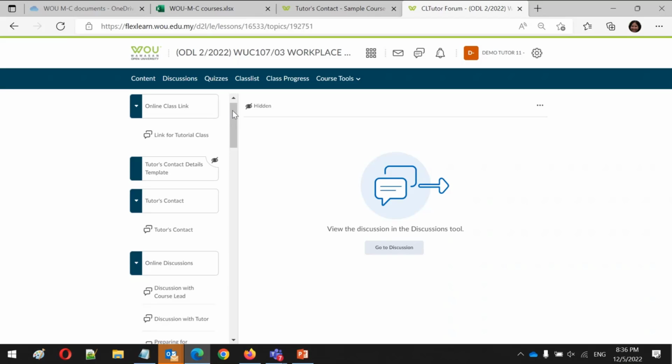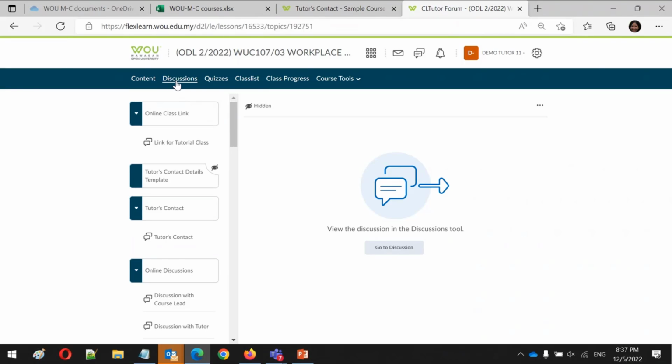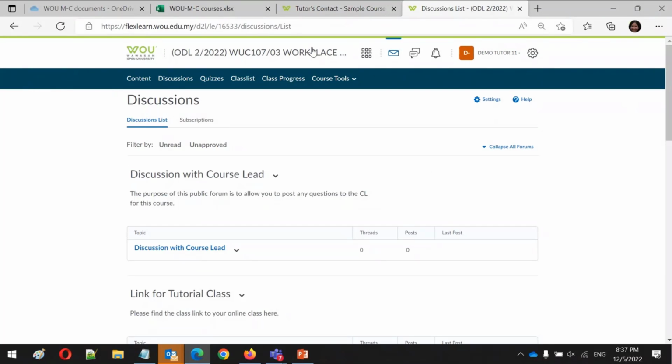So right now, we're just going to switch over to the discussion. If you see the navigation, the top part is pretty standard. It doesn't change at all. The navigation here is